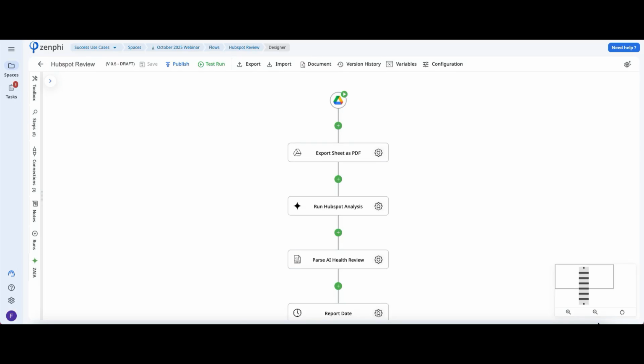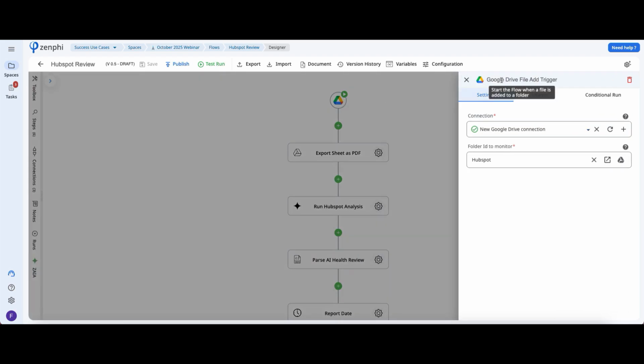For this next flow, this is going to be great for anyone who has to keep track of their pipeline. You want to be able to use AI to make that process a lot quicker, without you having to manually keep track of all of your deals. So for this one, we're using the Google Drive trigger, meaning it's going to start whenever a file is added